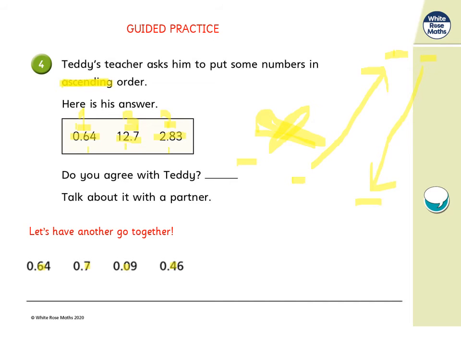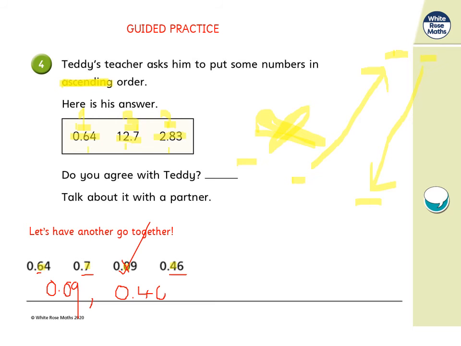Yes, if you've got 0.09, that is correct because it's the smallest value in the tenths column. Now, what would come next if I was looking at the tenths column again? 0.64, again 0.7 and 0.46. Now, out of the tenths that are highlighted, 4, 7 and 6, which is the smallest number? Yes, it's 4 tenths. So actually, the next number to come after 0.09 would be